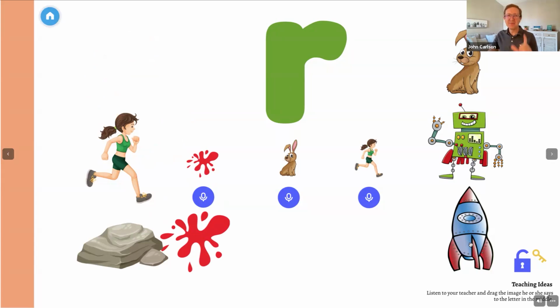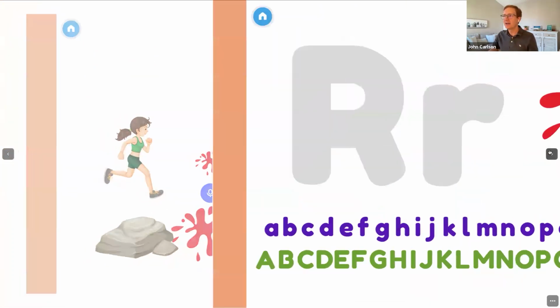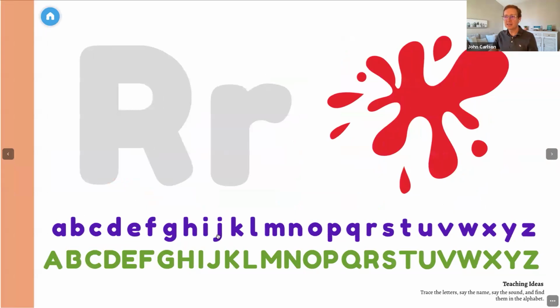And then some of them are me, because some of them are not, but some of them are me in there. There's a little lock and key that will give you an answer key that will show whether it's correct or not. And there are lots of interactive things like this.